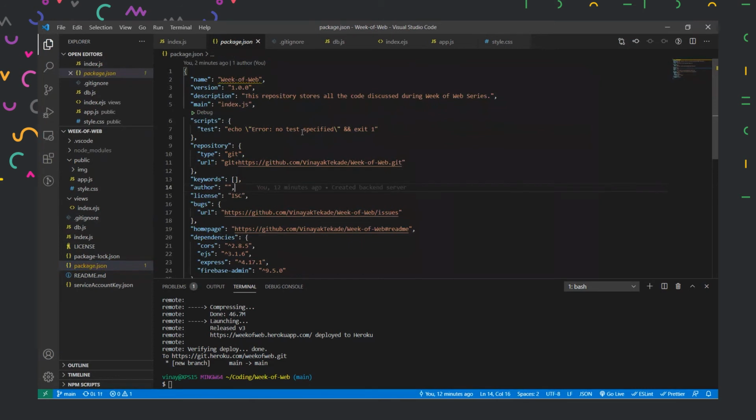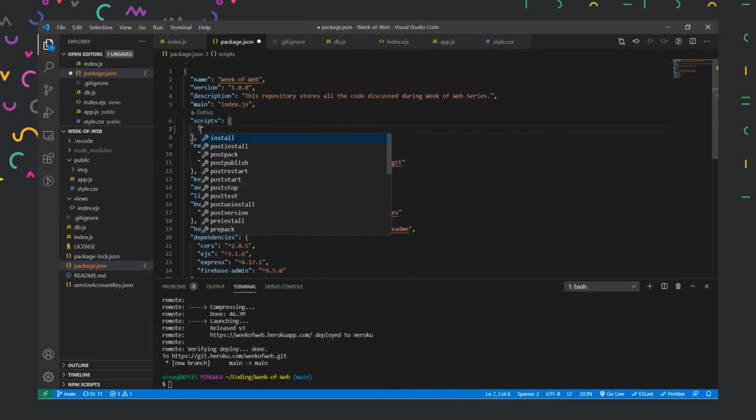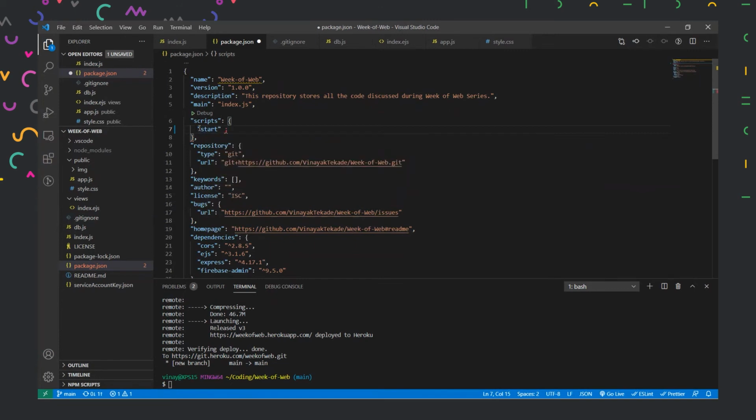So here, for our Heroku to work, we should tell it how to start the server. What are we using here? I'll just type npm start, and this start will basically run the command node index.js.